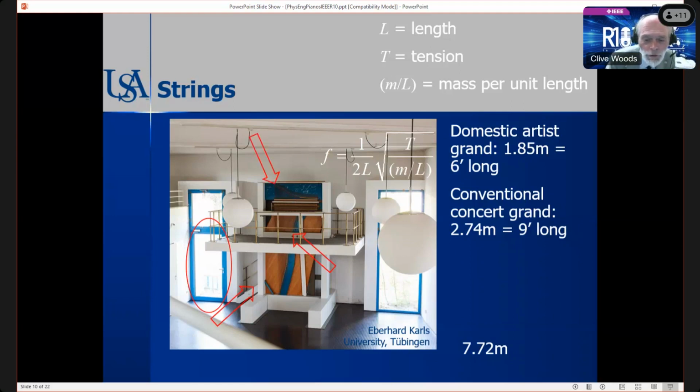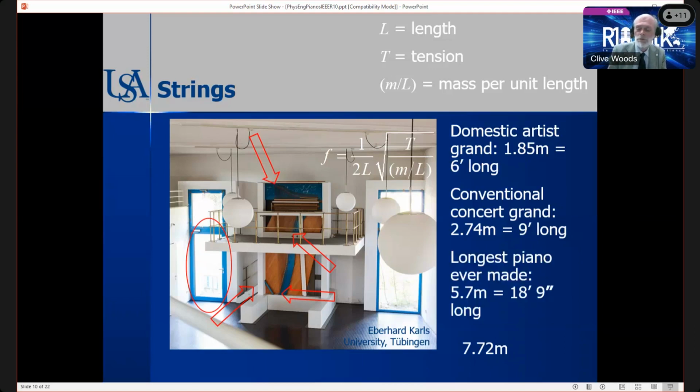And if you look carefully, you can see that the longest string starts there at the top and goes right down to the bottom. So the longest string for the lowest A is roughly about 12 feet long on that piano. So that's getting closer than a conventional concert grand. The largest piano I was able to find is actually in New Zealand and is 5.7 meters long. That's a huge long grand piano. It's still less than the 7.72 meters that we would want it to be. So